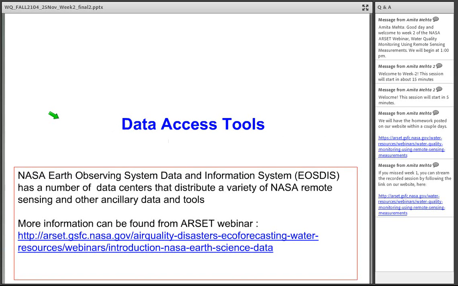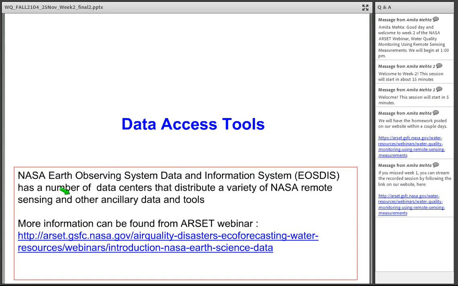So we looked at satellites and sensors, we looked at data levels, and now we want to talk about data access tools. There are two points to note here. One is that initially we will look at the data that are level 1 or level 2 or imagery, especially Landsat and EO data, which are not available operationally in terms of water quality parameters, and where to get those. And then we are going to go to NASA data, especially MODIS data available through several